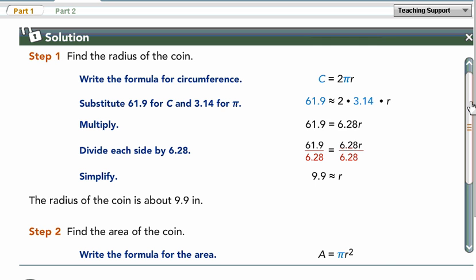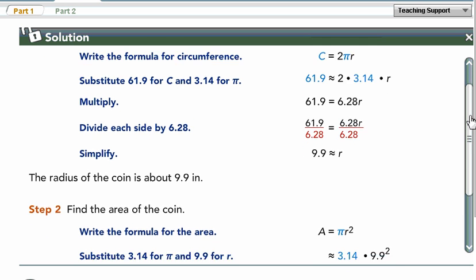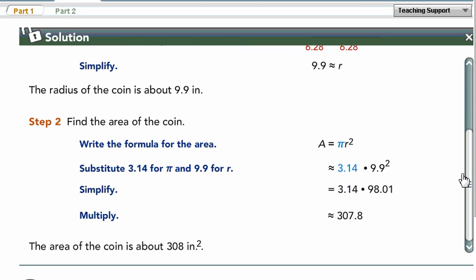Now we're going to use our area formula because remember we caught that when we were reading that they want our area. And we remembered that whenever we talk area, we're talking units squared, so our r has to be squared. So here's our formula. We're going to take pi, and we're going to go with the r that we just found, take 9.9 and square that. When we do, we get 98.01 times 3.14, and we find that it's approximately 307.8. It asked us to round, so